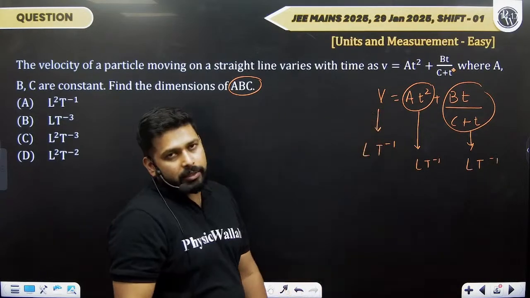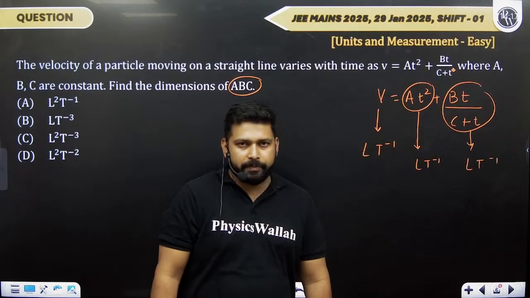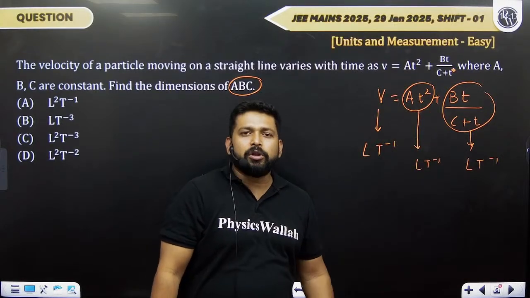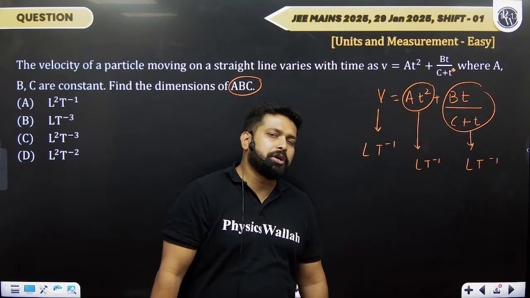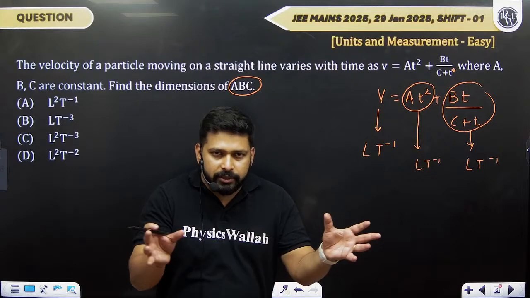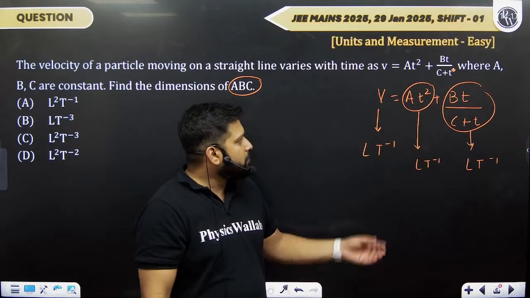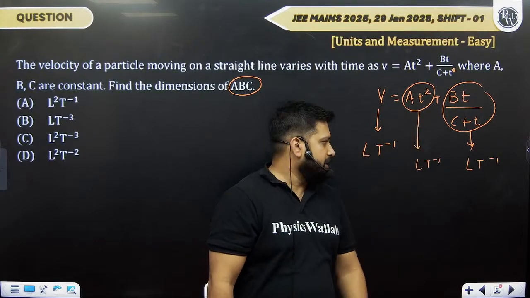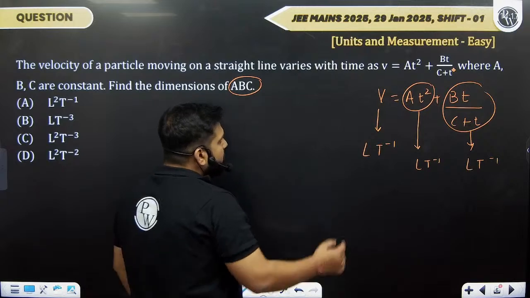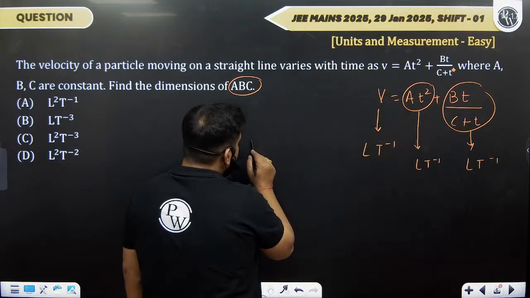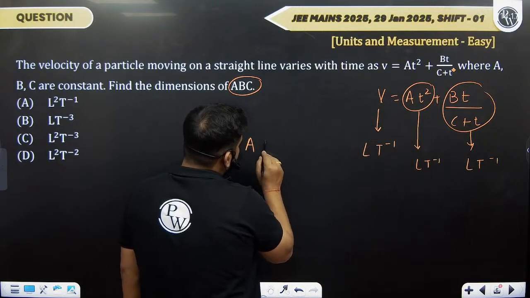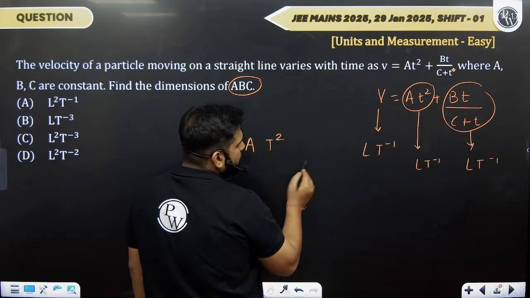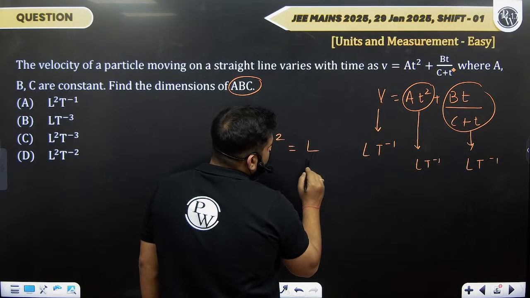Now when I say term, you should understand that a term gets separated only by plus or minus. Multiplication or division does not divide things into terms. So a term means things getting separated by only these two operators, plus and minus. Got it? So that means the dimension, if I have to write for at square, t square dimension will be t to the power 2, and that is going to be equal to L by t.